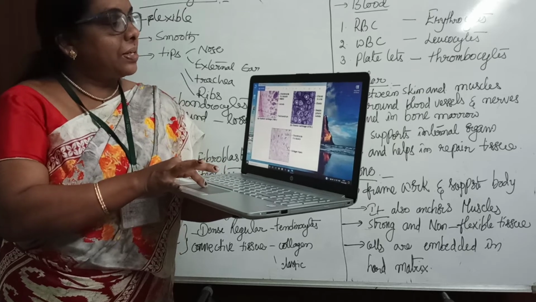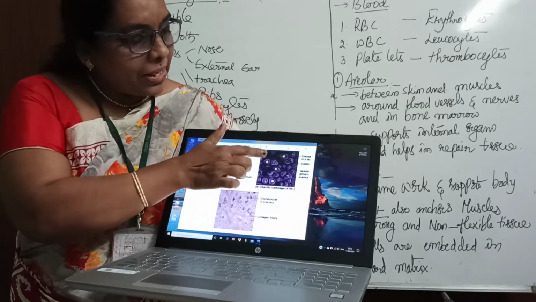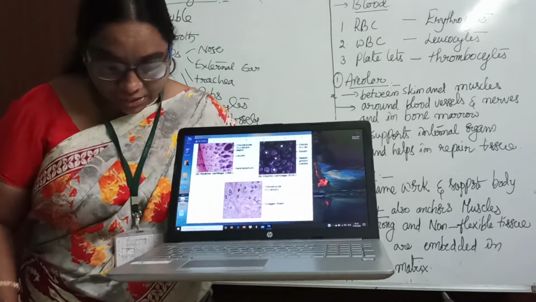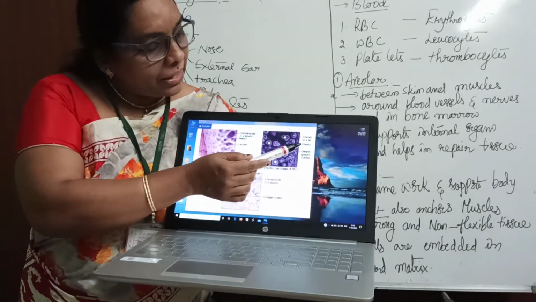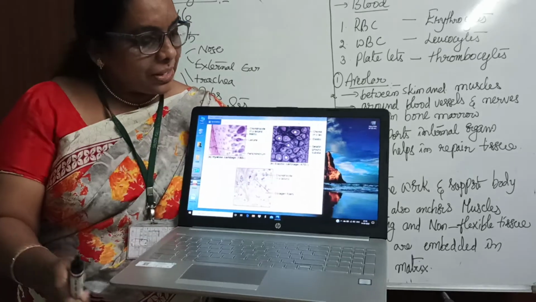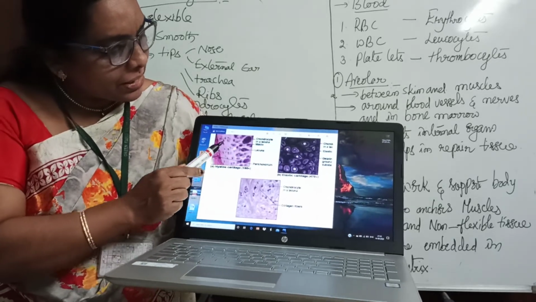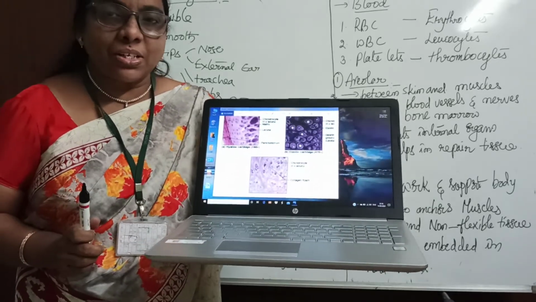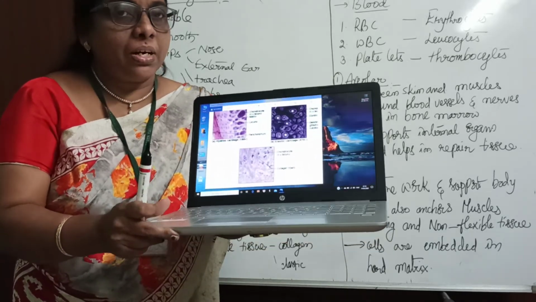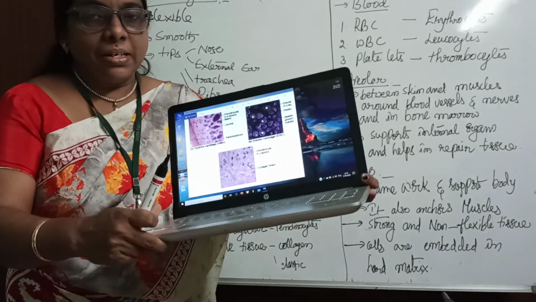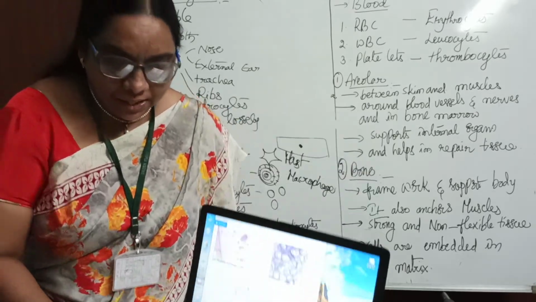Okay, have a look here, children. See how these cartilage cells are. They are round, and the cells are loosely packed, and we call these cells chondrocytes. Did you observe this one? There is a perichondrium, and lacunae inside the matrix, where these chondrocyte cells will be present. The cartilage has a type of cell we call chondrocytes, and this particular tissue we can call a flexible tissue. Okay, yes, that's it.